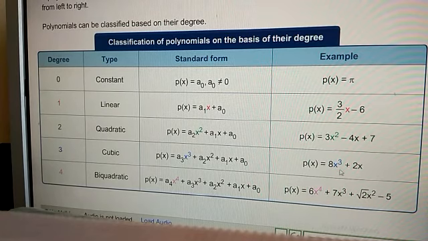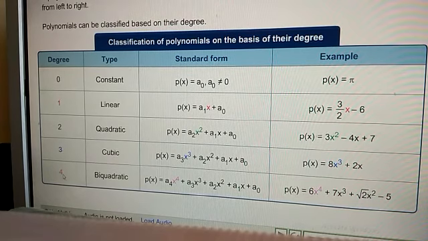Now the fourth one is 8x cube plus 2x. Here the highest power of the variable is 3. So the degree of the polynomial is 3, and it is referred to as a cubic polynomial as the degree is 3. Now it is not necessary that when the degree is 3, there must be 3 terms. It is not like that. Even when you have a single term, you can have a degree of 100 also. So the number of terms and the degree are not at all correlated. It is totally different.